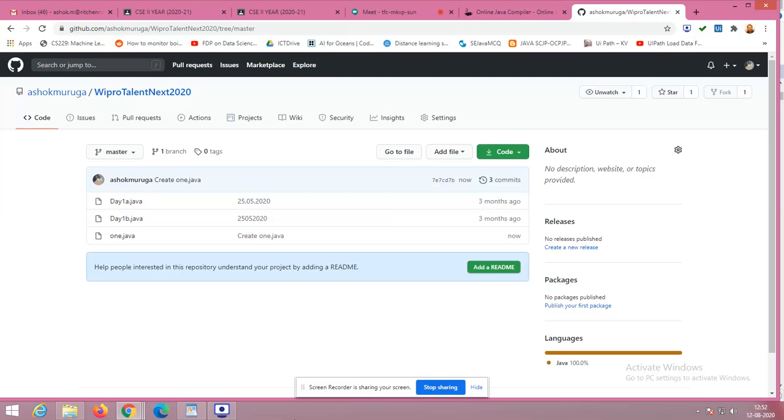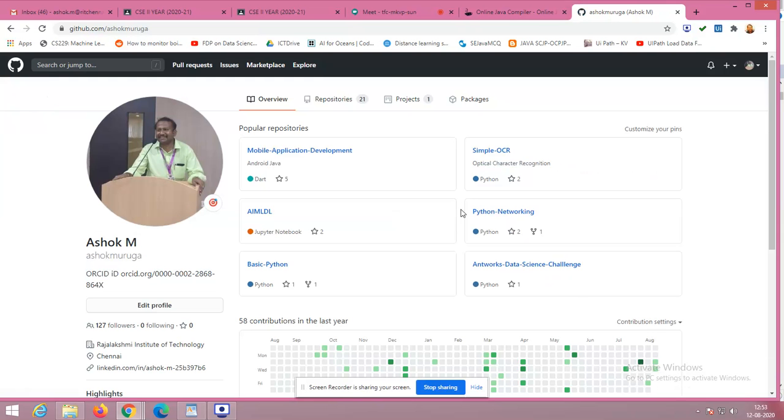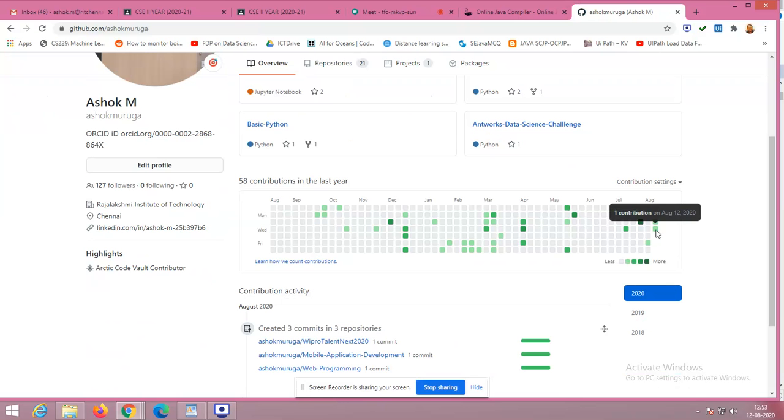You have added a program in your GitHub. Just if you go and see your front page, that will show you a green color mark that you have done a program today. This is the way to use the thing. See that, what is today? August 12. I have made one contribution. Yesterday I have made one contribution. These white bars are nothing but days I have not done anything. But for you students, it should be in green color on all the days. It states that you are daily practicing something and you are learning along the way. Right? So that's the idea.